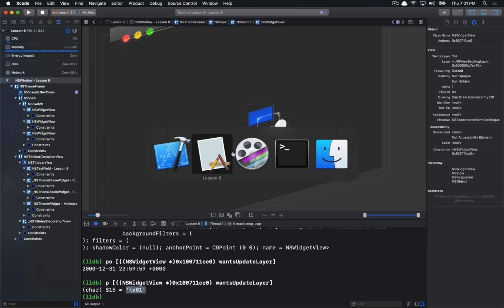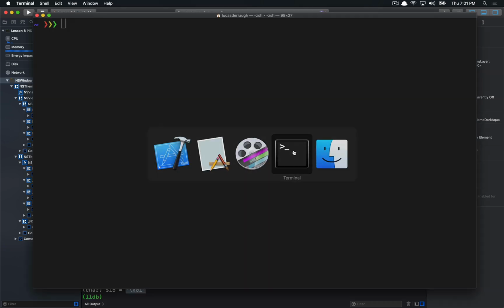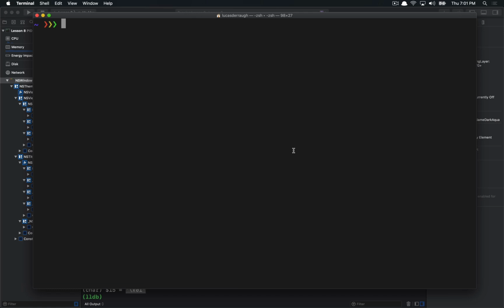Now, before we dive much further, I want to introduce a different tool that we can use to have a better understanding of NSWidgetView. So there is a tool that comes with Xcode, amazingly enough, and it's called OTool. Now, OTool allows you to dive into the Objective-C segments of your different frameworks, and you can basically just dump out the entire class, all the classes that are inside of a framework. So we can say OTool -ov for Objective-C segment and verbose,